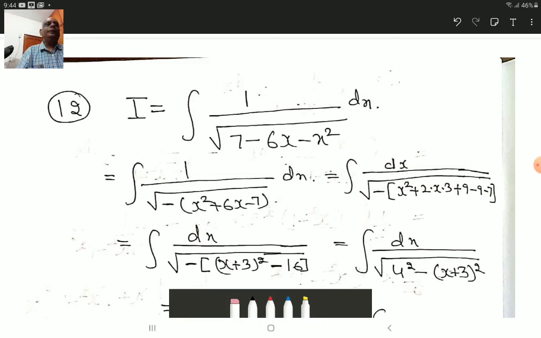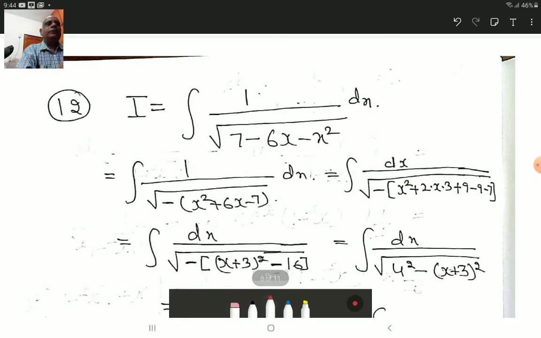But as you know, before applying the method of completing squares, we must ensure that the coefficient of x square is unity, which is by chance not here. The coefficient of x square is not 1, but minus 1. So I will have to make it plus 1. How to do it? Take minus common within the square root sign only. So the internal signs will be changed and it will become x square plus 6x minus 7. So let us apply the method of completing square here.